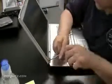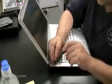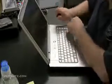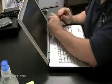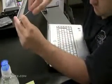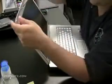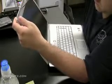Take off those little rubber nubs, and that'll open up the screws for you to unscrew, and then the whole front bezel will come off. Now I like to keep the screws, as I'm taking them out here, keep them in the same pattern so I know exactly where they go when I put them back, because underneath those rubber nubs that are over the screws, there's glue, and sometimes that glue comes off more on one piece of rubber than another piece of rubber